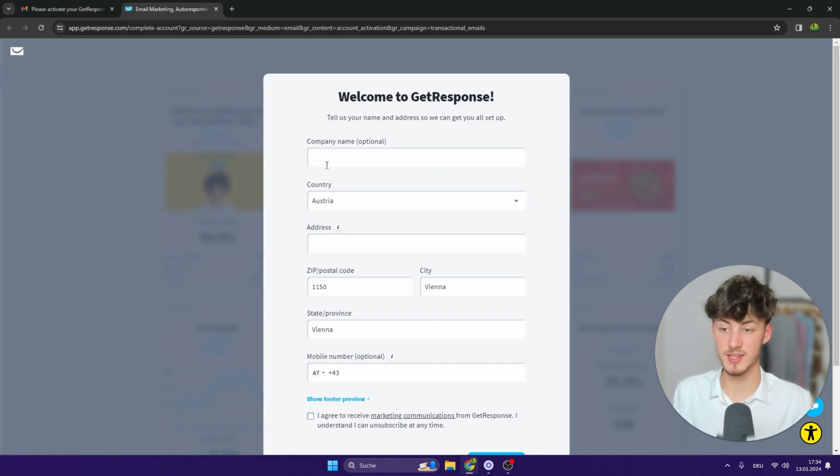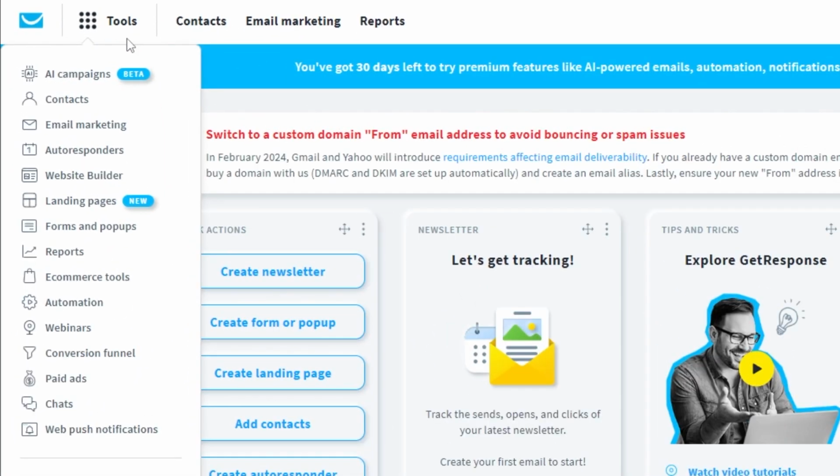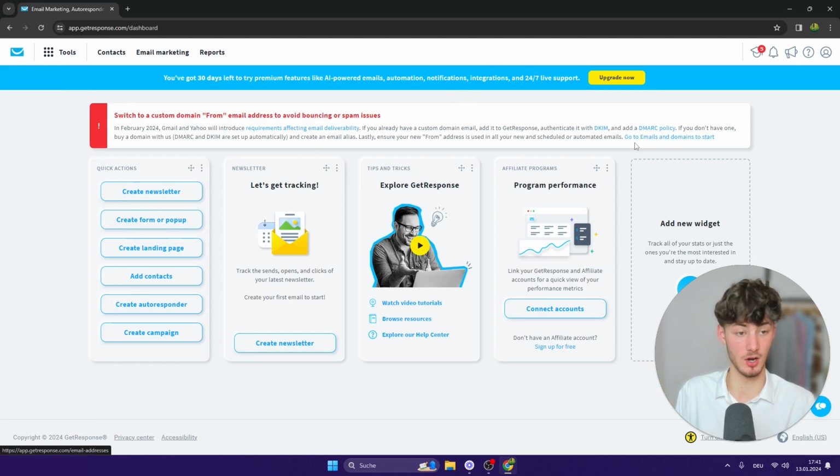Now, once you fill this out, you're then going to be redirected to the dashboard of GetResponse, which is going to look something like this. So right here on the tools, you're then going to see an overview of all of the different features that GetResponse has to offer. Now, as you can see, GetResponse really does offer quite a lot of features. However, before we dive into that, we are rather going to click right here, go to emails